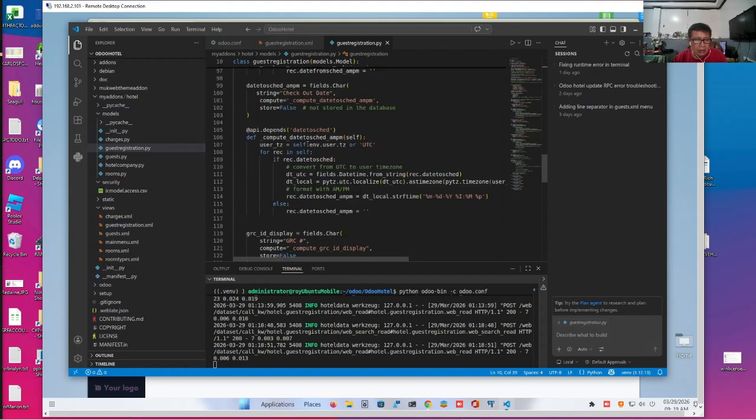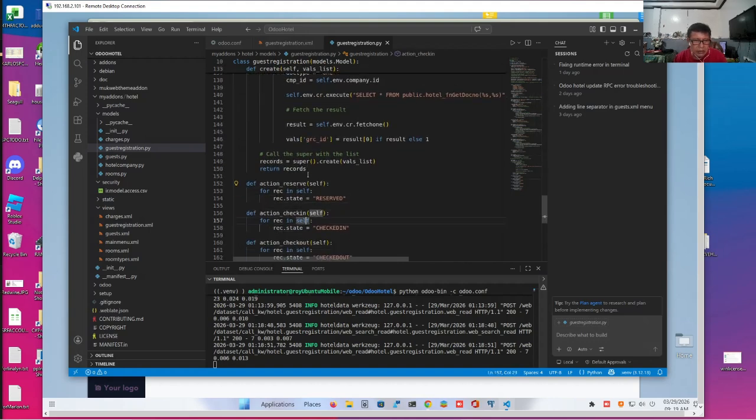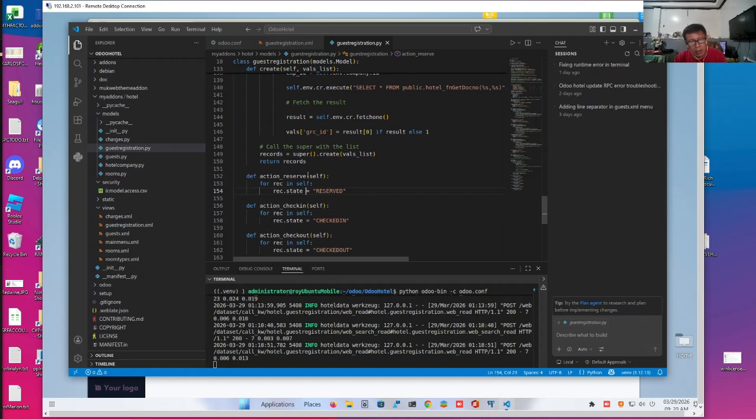So we have a function here called action_reserve. This is where we just set the status to reserve, which is not correct, because we have to check if there's a valid room, a valid date, and so on and so forth. By the way, we will not do conflict resolution here yet. We will do it in the next series because it's a complicated process. So anyway, let me give you the part of code which I've already prepared to check reservation.